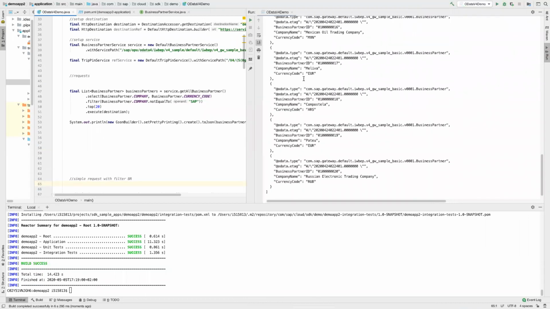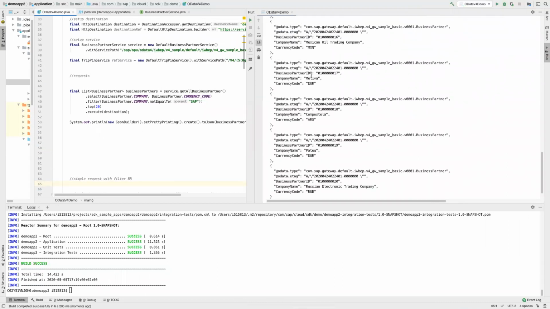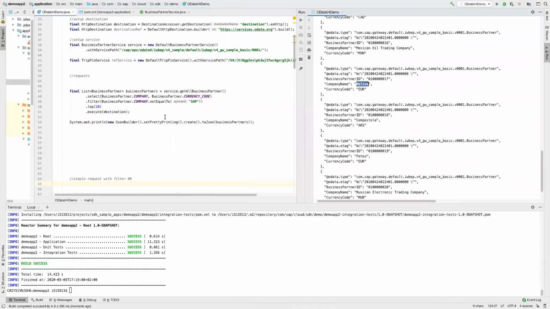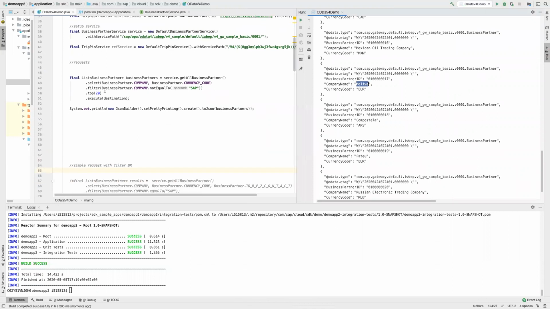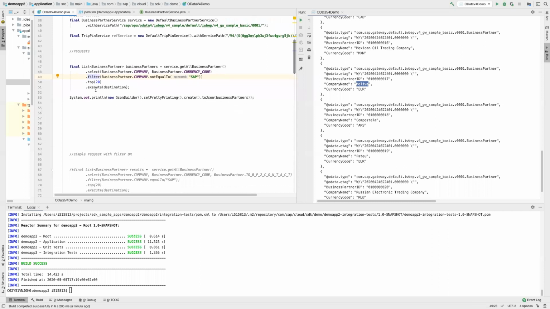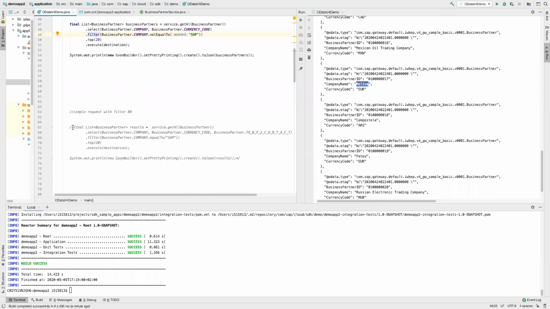Yeah, so here we have all the business partners where the company is not SAP. So this is a very simple filter expression, but we can also provide Boolean expressions under filter, and let me demonstrate that. So for that, this is my